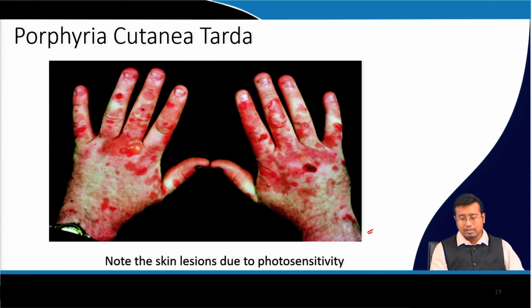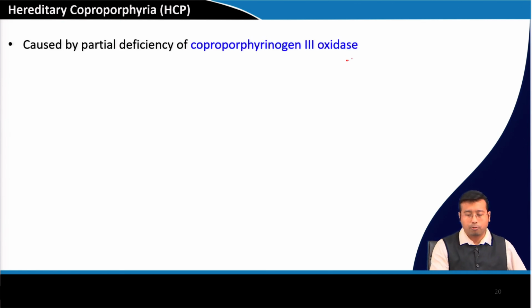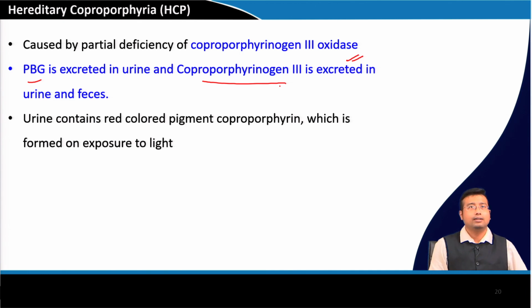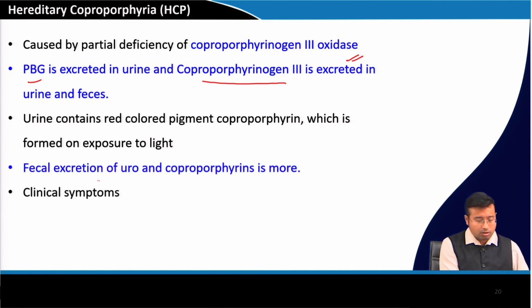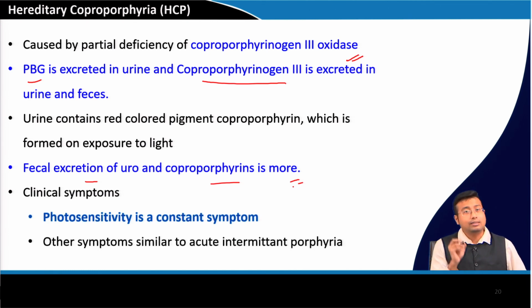So, this is the cutaneous symptom of Porphyria cutanea tarda, right, due to photosensitivity, again excess scarring. Next, hereditary coproporphyria. Due to deficiency of coproporphyrinogen 3 oxidase, the corresponding products that are excreted in urine are porphobilinogen and coproporphyrinogen 3, right. It is also excreted in feces. Urine is again red colored due to the same presence of pigment, and fecal excretion of coproporphyrinogen is more. Clinical symptom: photosensitivity, right. And sometimes this profile may mimic acute intermittent porphyria, right, but the basic